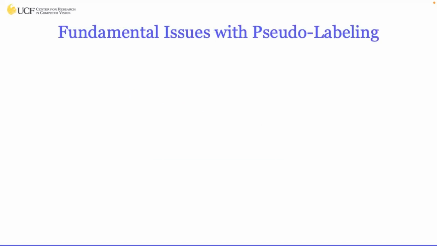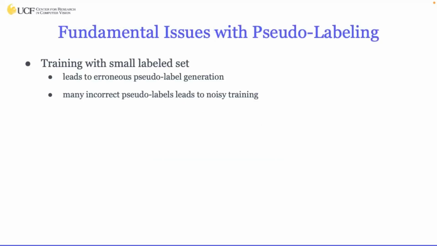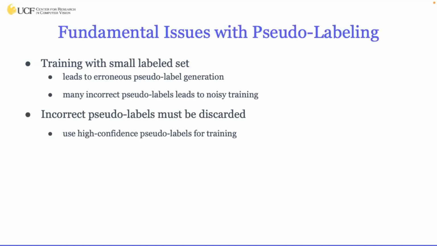So before going into our solution, let's look into what is the fundamental issue of pseudo-labeling. It's kind of obvious because during pseudo-labeling, the training happens with small label data set. So if we want to generate pseudo-labels with that model, we end up with a lot of incorrect pseudo-labels. And training with those noisy pseudo-labels leads to suboptimal generalization, and we don't get good performance. Therefore, these incorrect pseudo-labels need to be filtered out, and the conventional works try to filter them out based on